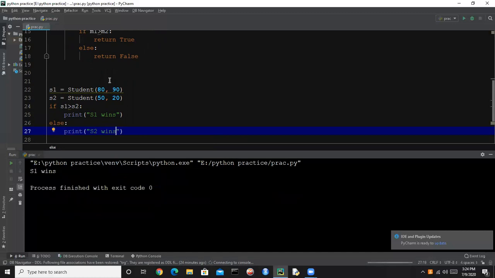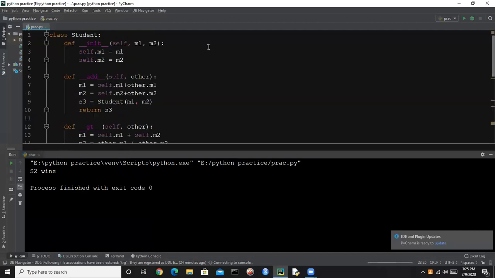Now we get the output s1 wins because s1 has more marks than the second one. So let's change the value to 90 and let's say it is 100. Now it says s2 wins because s2 has more marks now.